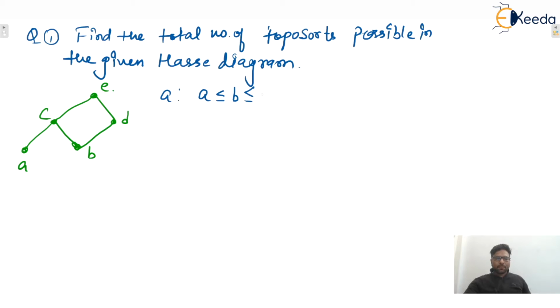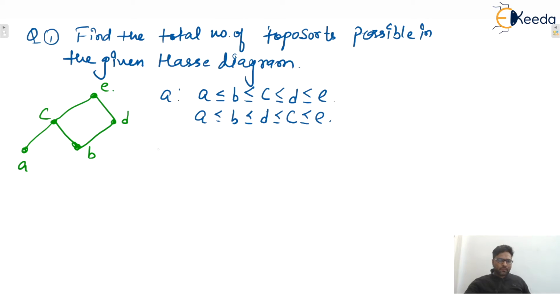Then delete that B. Then if we delete B, then C and D will be there. So we can take either C or D. Let's say take C, then delete C. The next minimum will be D and the final one will be E. Similarly, first delete A, then delete B, and after B, C and D both are minimal. So we can delete first D and then C and finally E. So if we start with A, then two topo sorts will be there.